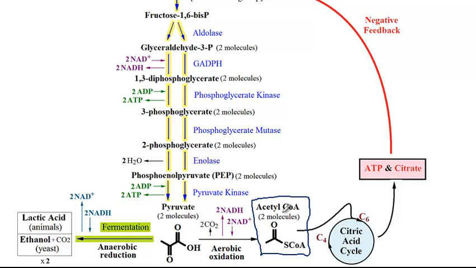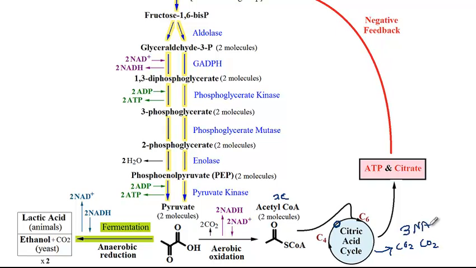So how many carbons is the acetyl coenzyme A? Remember, pyruvate was a 3 carbon molecule, but we have lost the CO2 here. So this acetyl coenzyme A is a 2 carbon molecule. It will enter the citric acid cycle, where the starting molecule is the oxaloacetate, which is a 4 carbon molecule. But once it combines with a 2 carbon molecule, it yields citrate, which is a 6 carbon. And throughout this whole reaction, 2 CO2 molecules will be released,